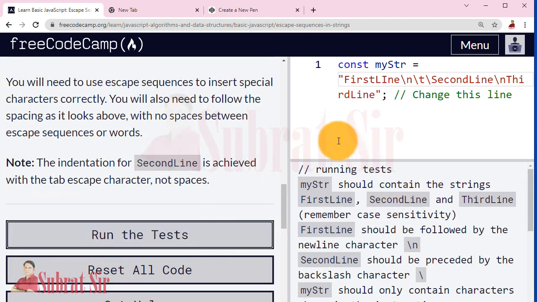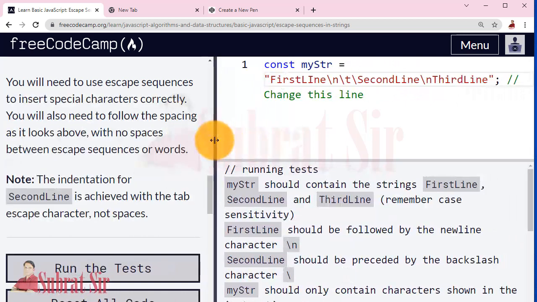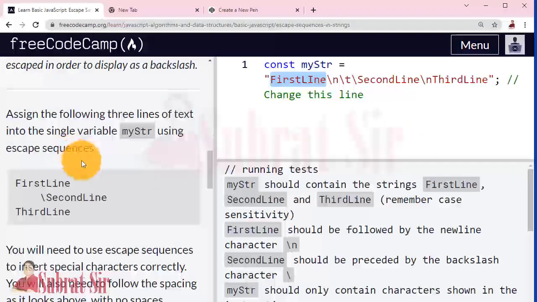So run the test. Still errors are there. mystr should contain the string firstline, then secondline, and thirdline.